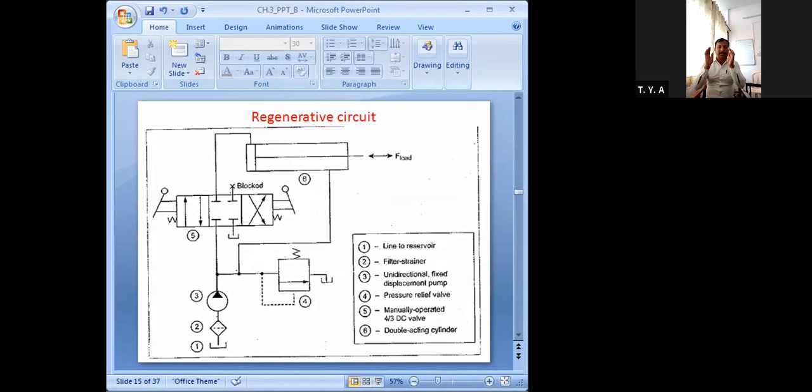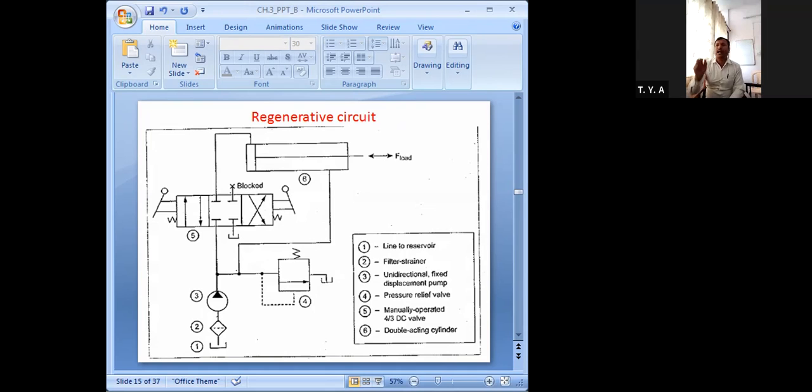Okay, so this figure illustrates our regenerative circuit that can be used to speed up the extending speed of our double acting cylinder. Extension stroke, you can call it.